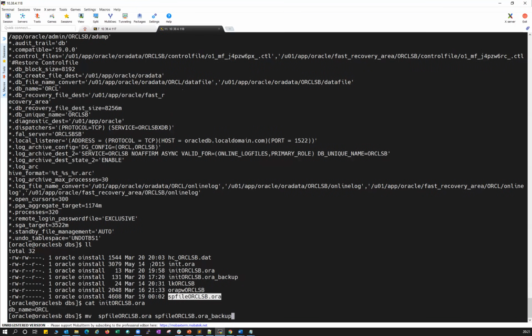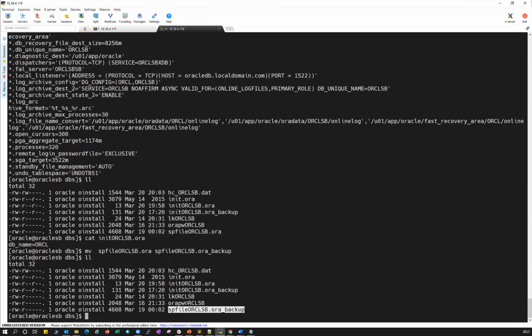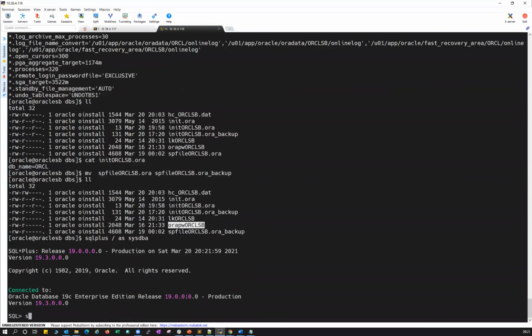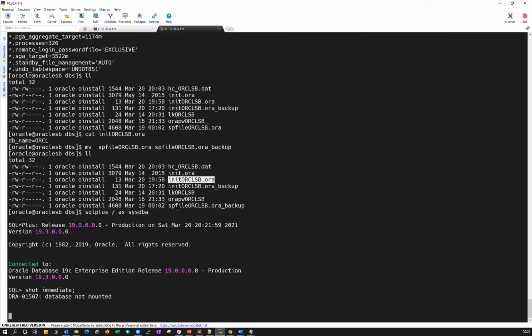Sorry for that, I had not done the proper cleanup when I shut down my standby database. So now I'll shut down my database and start with that init file. SYSDBA and shutdown immediate. Now we will start it with this P file. Why did I start with startup nomount?